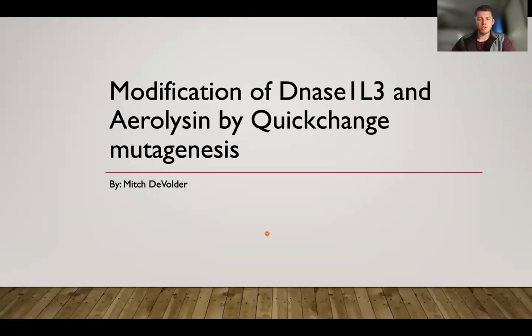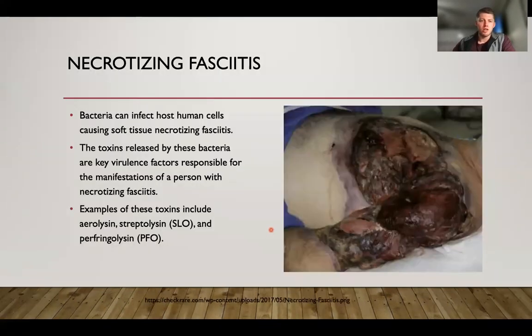Hello, my name is Mitch DeVolder, and I'm going to present my current project, modification of Dnase1L3 and aerolysin by Quickchange mutagenesis. Necrotizing fasciitis is a serious infection of human soft tissue that is caused by toxins released from